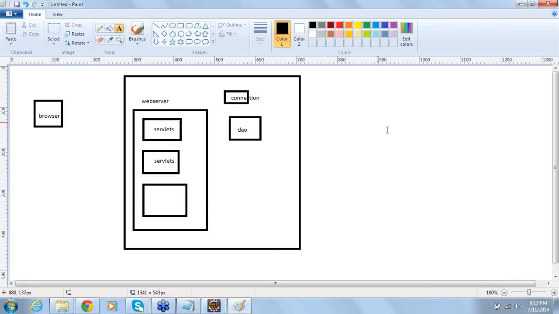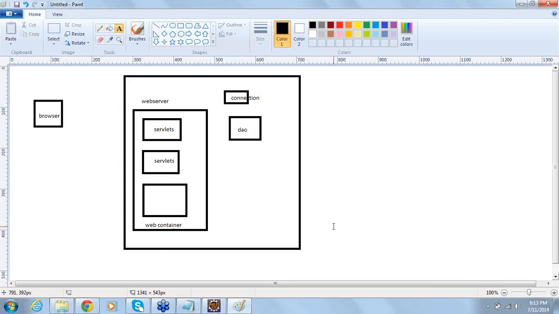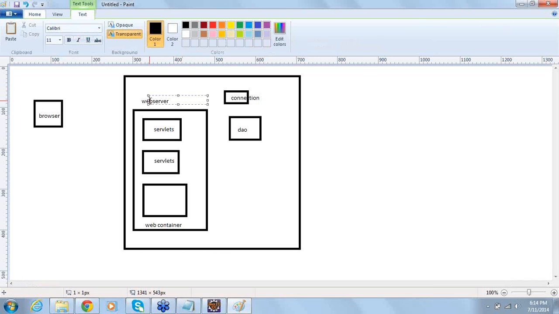There is a web server. The web server got a web container, and this web container got servlets. And these servlets, whenever they need database connectivity, just talk to the DAO. That is, inside a servlet program, you can create a DAO object. But the concern next is, instead of a web server,